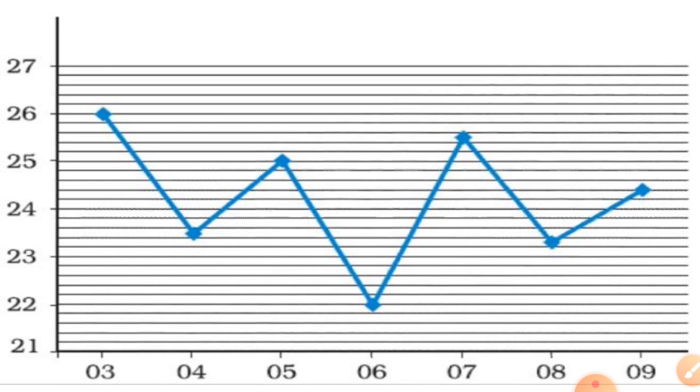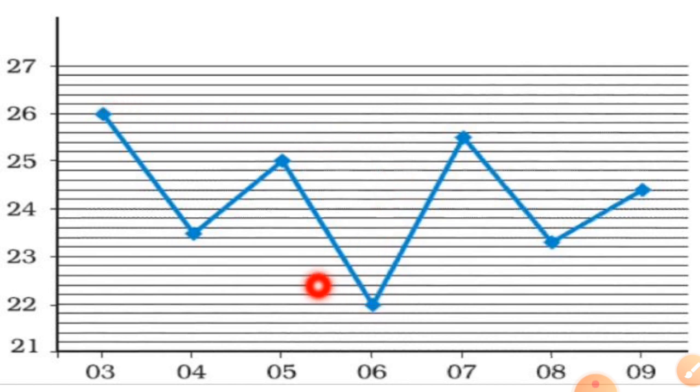Students, what you see on your screen is a graph, right? And this graph is showing the variation of the maximum and minimum temperature during dates 3 to 9. It is just an example, and this graph is showing the maximum and minimum temperature of the week. So here you can see the maximum temperature is 26, because it is higher, and the minimum temperature is 22.